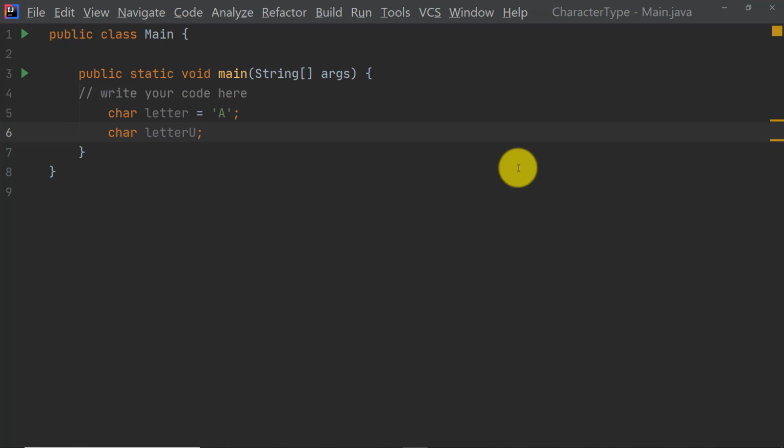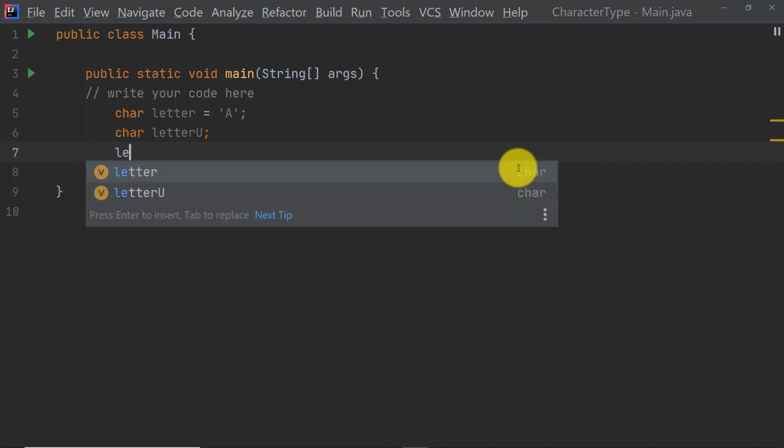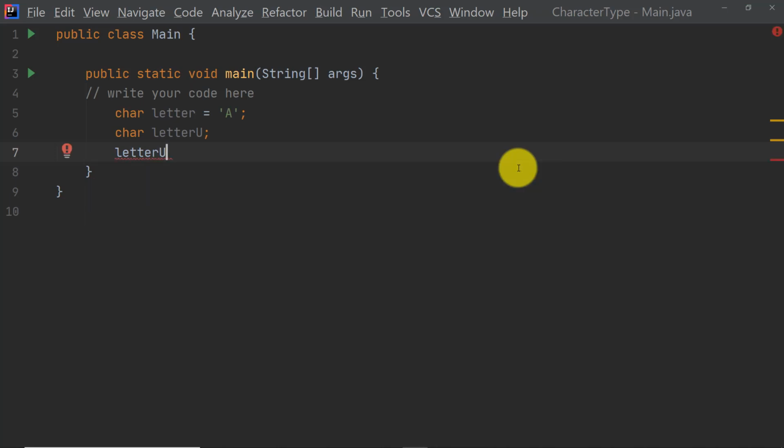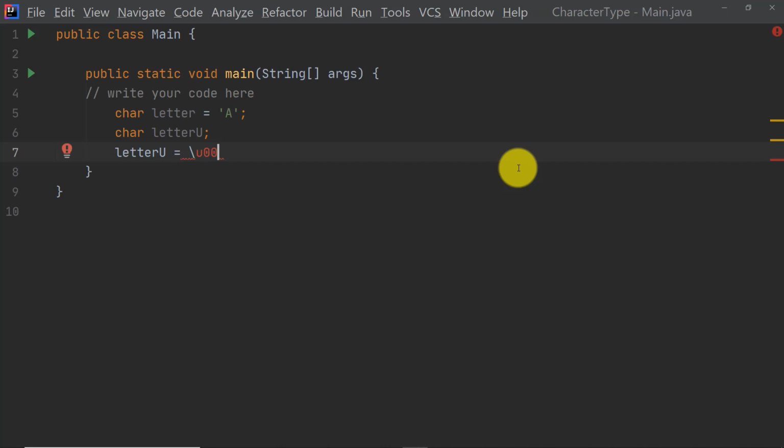Yeah, I'm going to initialize the variable on another line, as you can see this time. I'm going to assign it with this Unicode code used to represent in memory the capital letter A. So \u0041; but you have to surround this with single quotes, as you can see, otherwise you will